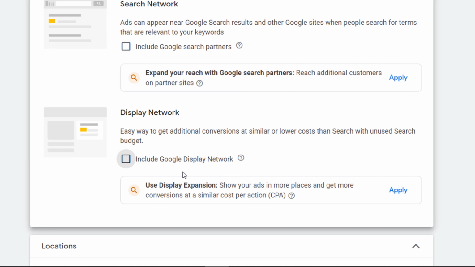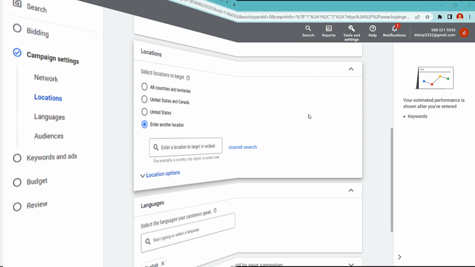I would disable this because it can waste your money. Again, if you want a display campaign, go ahead and make one, but make it separate, and don't include it in the actual search campaign.